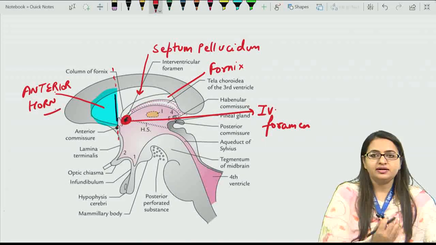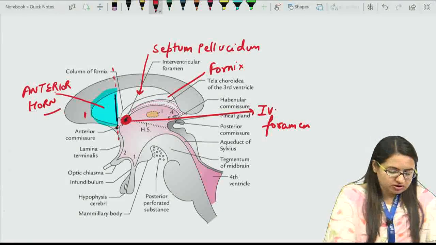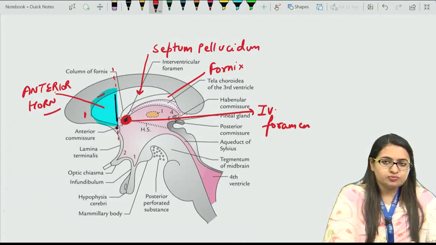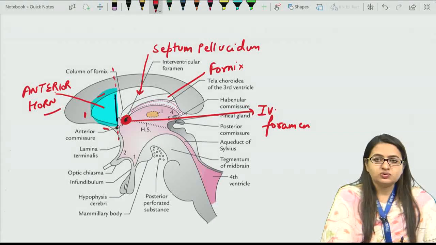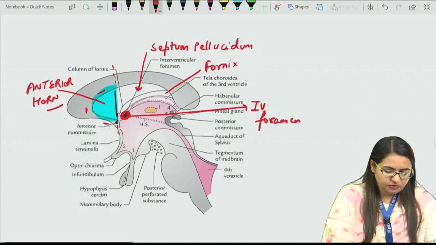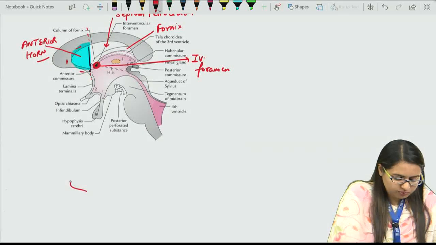Now in this, if we see the anterior-most portion of the anterior horn, it is related to the corpus callosum, as well as it is located towards the upper or the roof side also, and the floor also. Now it is related to the different parts of the corpus callosum. For this we should know what are the different parts of corpus callosum. If we draw this corpus callosum,